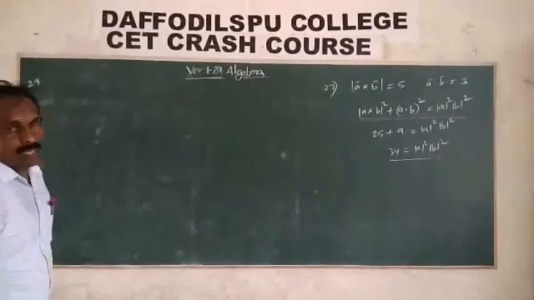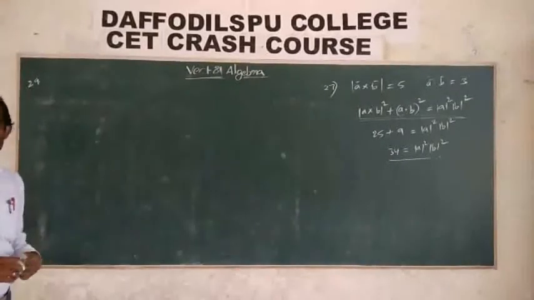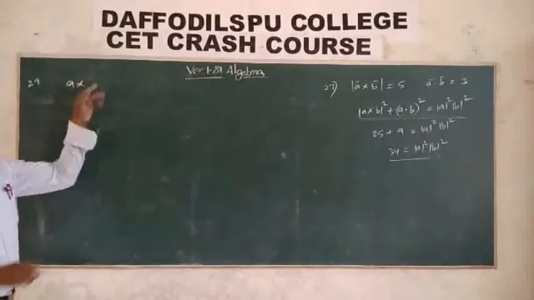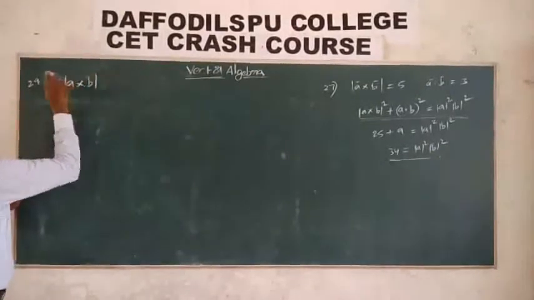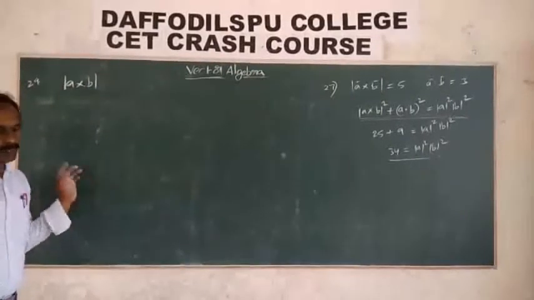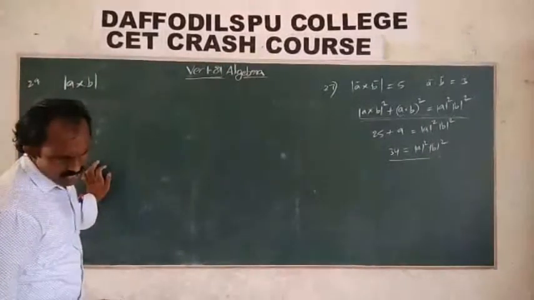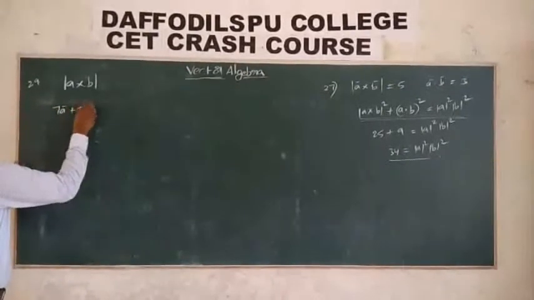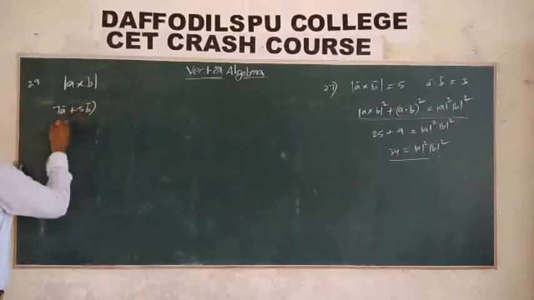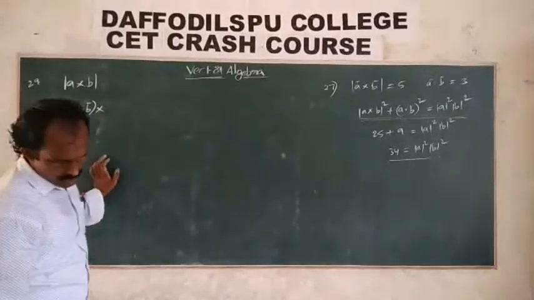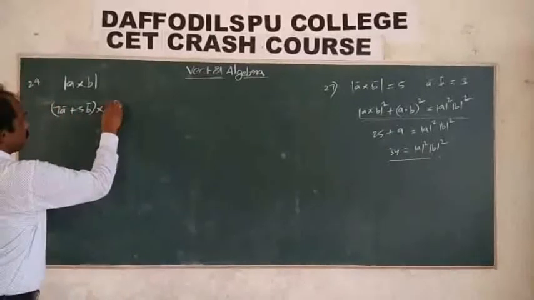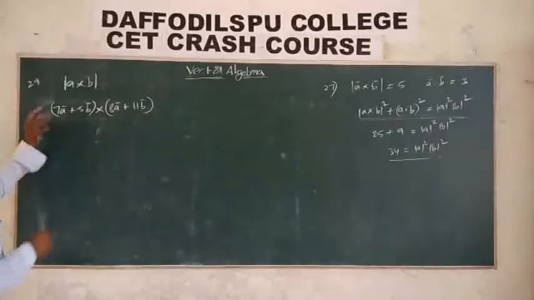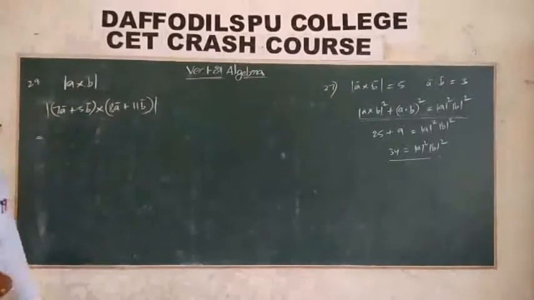We know the formula for the area given adjacent sides of the parallelogram. What is the area of the parallelogram? If the adjacent sides are A and B, then the area of the parallelogram is |A cross B|. Use that formula. Here the given adjacent sides are 7a bar + 5b bar, cross product 8a bar + 11b bar. Right? Take the modulus; the total value is the area of the parallelogram.